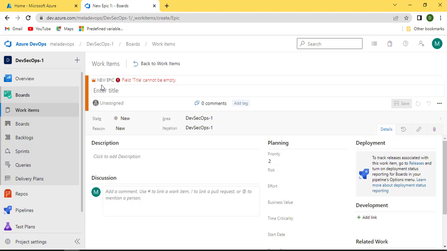And this migration comes in very handy. Why? Because we all know Azure DevOps started in 2019. Before that it was Team Foundation Server, and if you have worked on Team Foundation, it is very similar to Azure DevOps. It has work items like this and all. Nowadays there are n number of projects in the market wherein they are migrating things from Team Foundation to Azure DevOps, and during the migration process they are even migrating their work items.